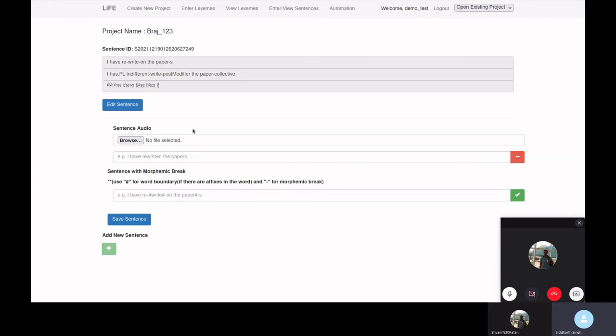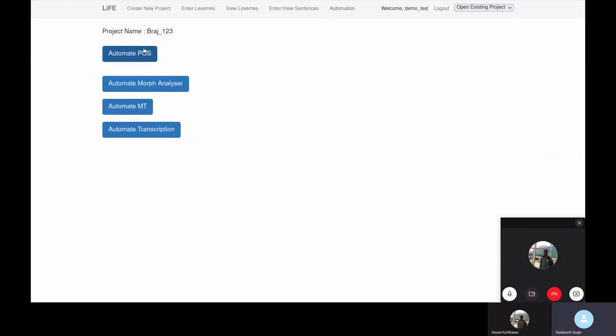And when you have entered at least 10 or 20 sentences, you can use this automation button on the navigation panel. There are different types of automation which you can use to train the model using machine learning techniques, and you can automate the process of filling the details regarding your project in future.